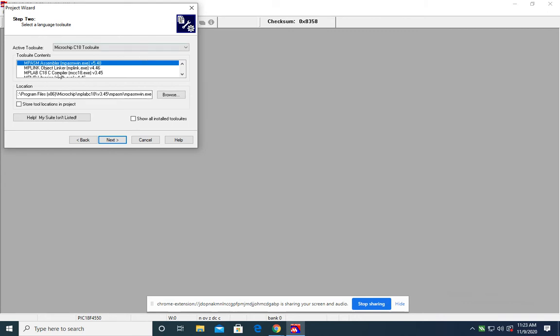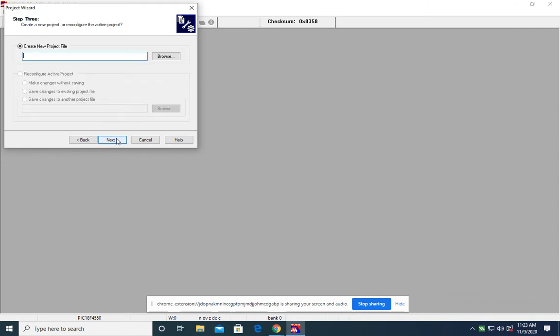So here we will select the MPLAB C18 C compiler, MCC18.x v3.45. This is the compiler that we will select for compiling our C program, which is written for PIC18F4550. After selecting it, go for the next option.